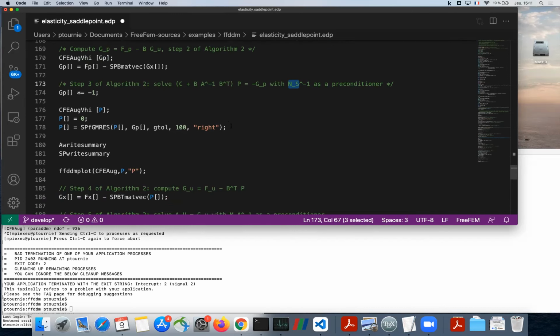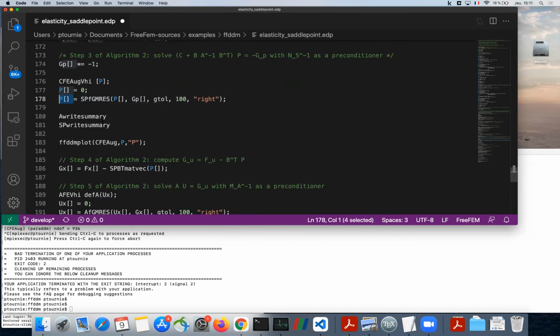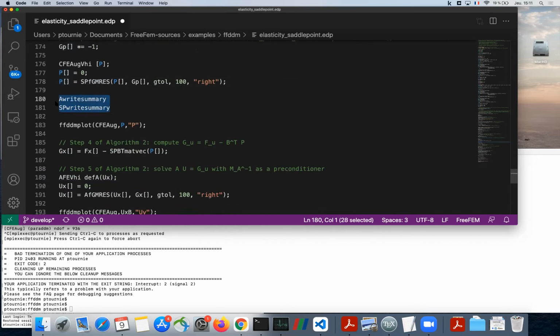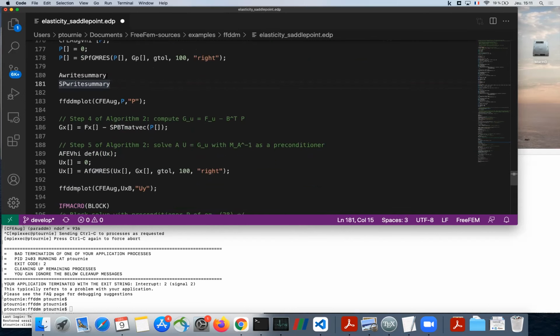So here I'm calling GMRES on the SP problem, my Schur complement problem, to solve for the pressure. And so now I have the pressure, so I can print some info about timings and the size of problems for the two prefixes, the A and the Schur complement problem.